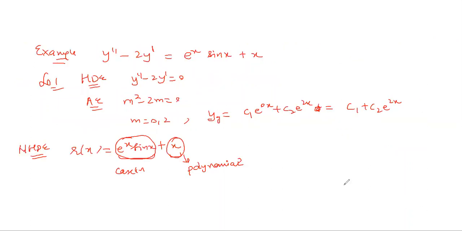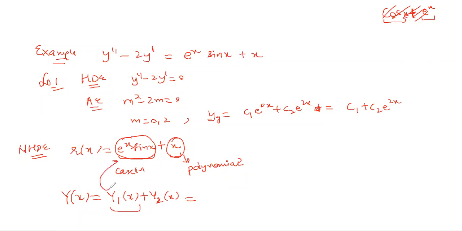Okay, this kind of example, if you remember, we also did in the previous lecture, where we had, say, cos x plus e^x. When they are appearing as independent terms, one is counted in the exponential, one in the trigonometric, and you can solve individually and then add, or in general I also told you how to assume the solution. But here it's of a similar category, one is the polynomial type, one is this type. So that means your y(x) will be the sum of y1(x) plus y2(x), where y1(x) will be decided according to this and y2(x) according to this.